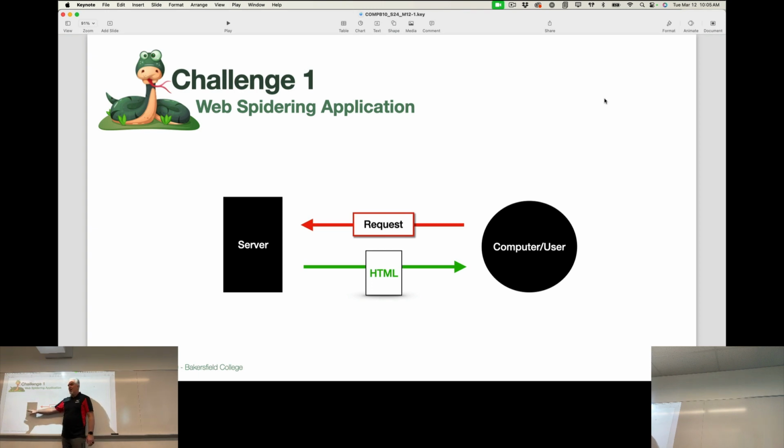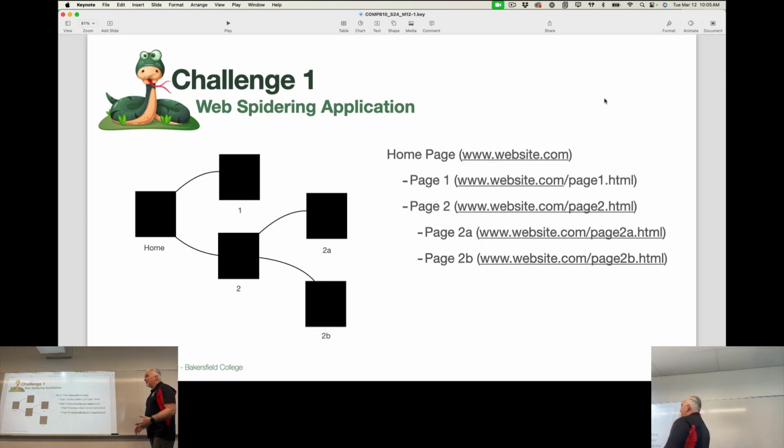It will send it back to you in a text document encoded in what's called HTML, hypertext markup language. That's what web pages are made of. So when that gets back to your computer, your web browser takes that language and translates it into a visual representation of a web page. But since this is just text that's formatted in a specific way, we can actually use Python to do things with that text. And a web spidering application is what Google and a lot of our search engines out there are currently using